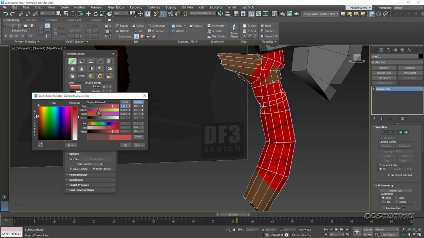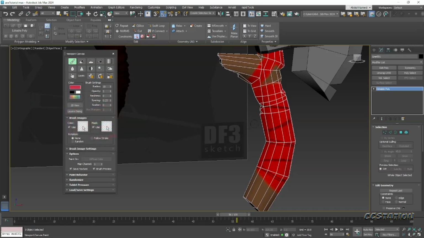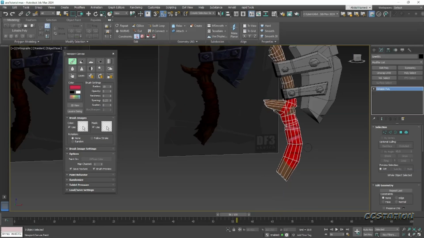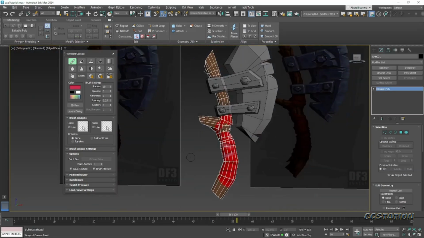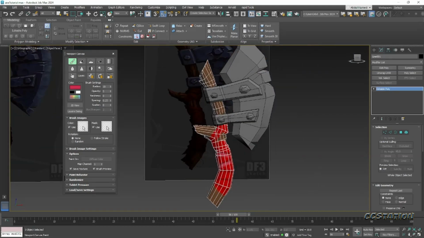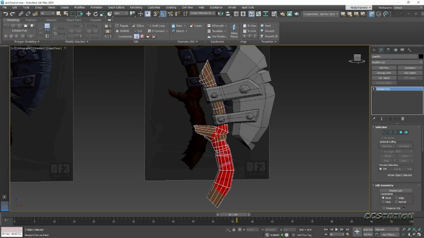So yeah, you can do your texturing within 3ds Max. And you can do the same thing with the other objects, make it look nice. You can also use Photoshop, Krita, Affinity Photo. You can use the texturing, and once you're done with it, let's say you have exited from viewport canvas,